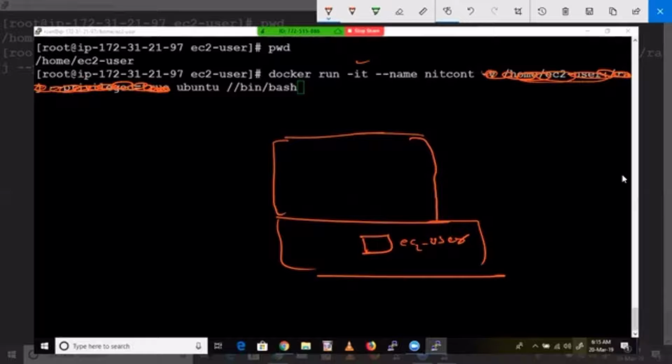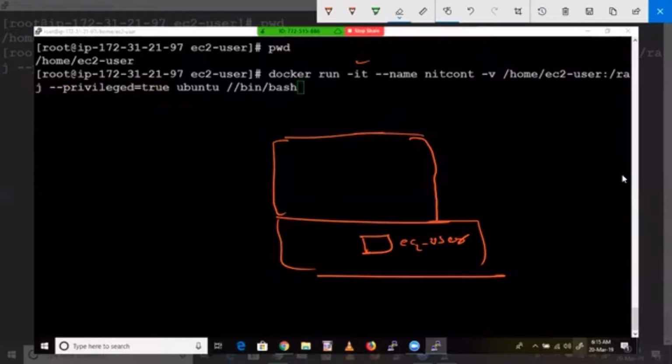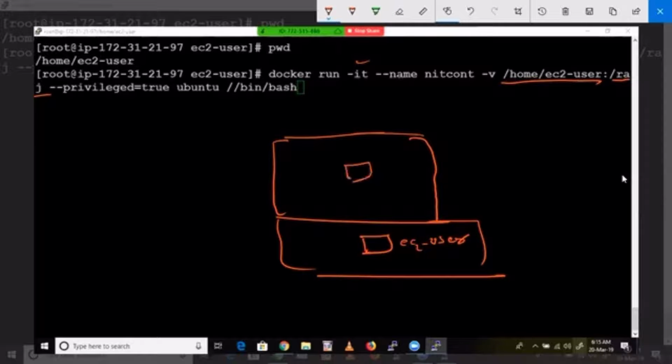So while creating the container, see, I'm just creating one container from the base Ubuntu image. While creating the container, this folder I'm taking from the base machine, and one folder I'm taking from the container. So one folder would be created under the main root. That name is Raj.